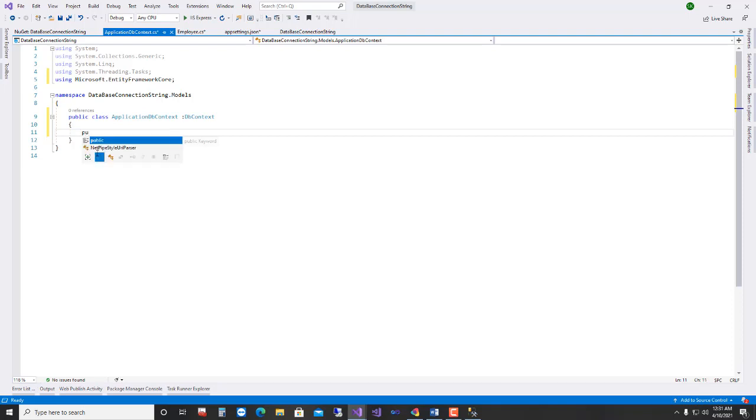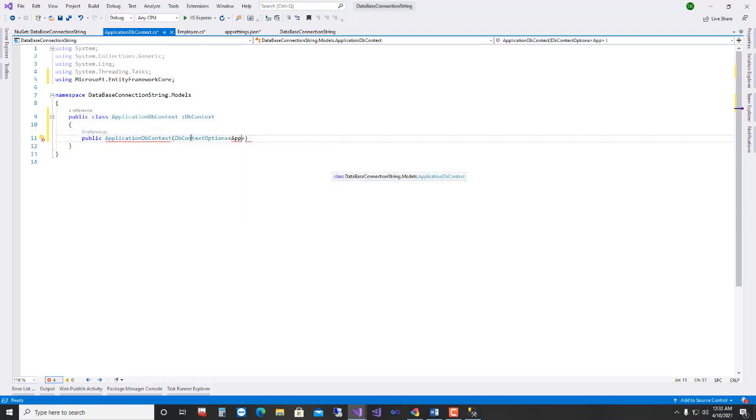So public ApplicationDbContext, because the constructor name is ApplicationDbContext, with options, base options.